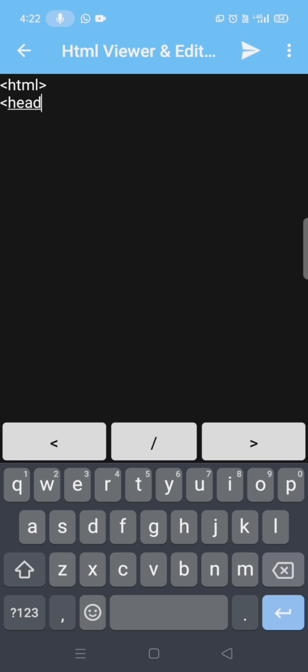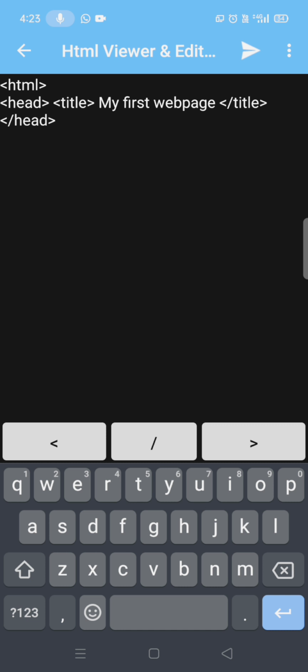Just delete all this. The very first tag is HTML. Every program starts with the HTML tag, then head, then there is a title tag. In this title tag, you can write anything, which will be displayed as the title of your window. I'm giving the title "My first web page". Now this is the closing tag. I have closed this title tag. Just close the title tag by this backslash sign. Now close the head tag here.